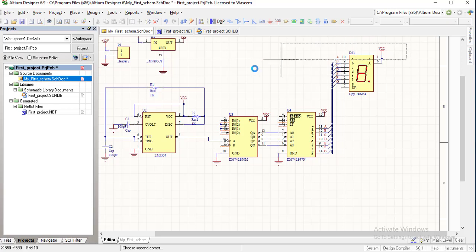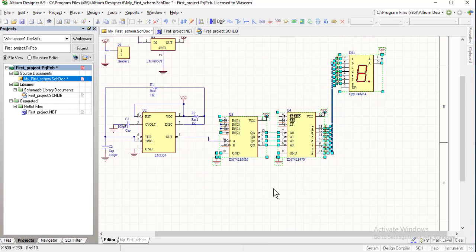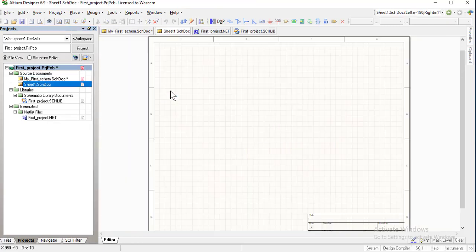For example, we want to cut this portion of the schematic and place it in another schematic document. So we can just add a new schematic to the project, add new to project, schematic.